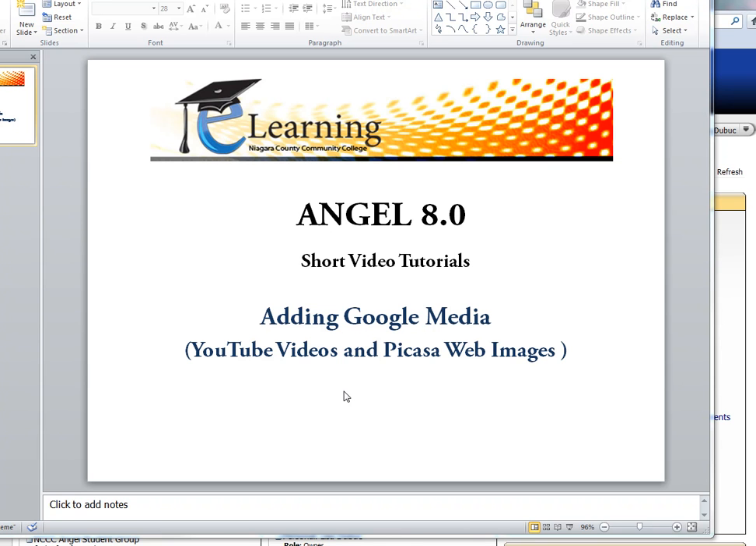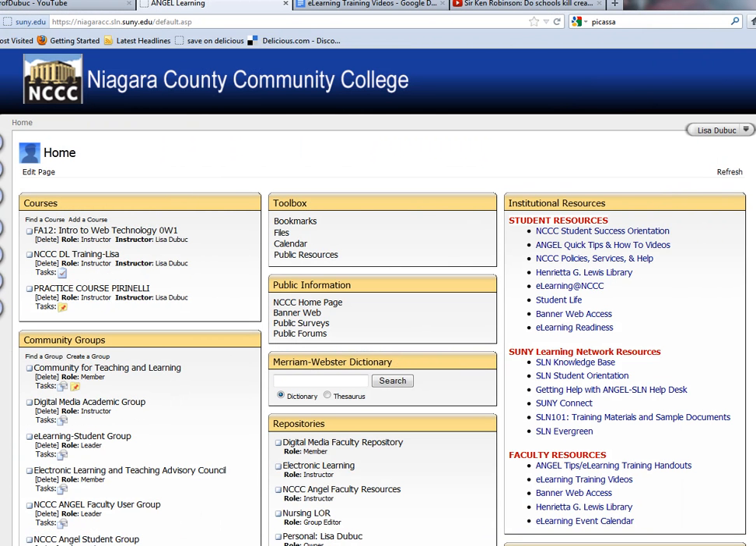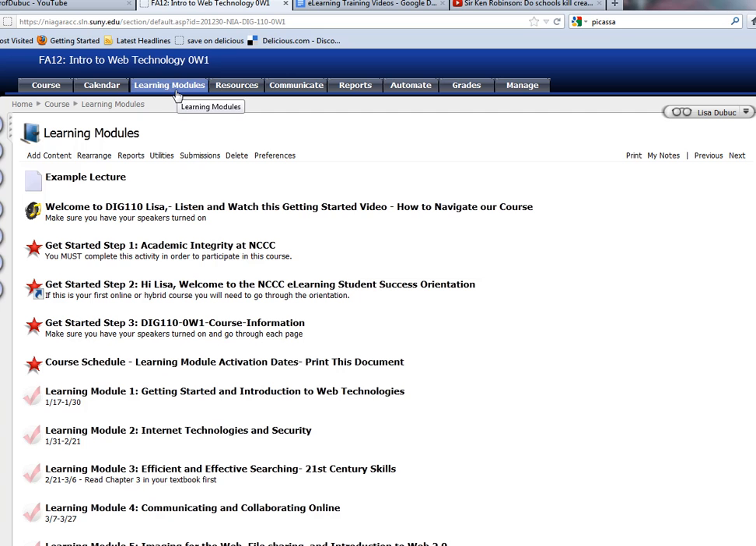Adding Google Media, YouTube videos, and Picasa web images. If you want to add video or images to your course in Angel, this can be done right from within the rich text editor. If you go to Learning Modules and either choose content that you've already created or create